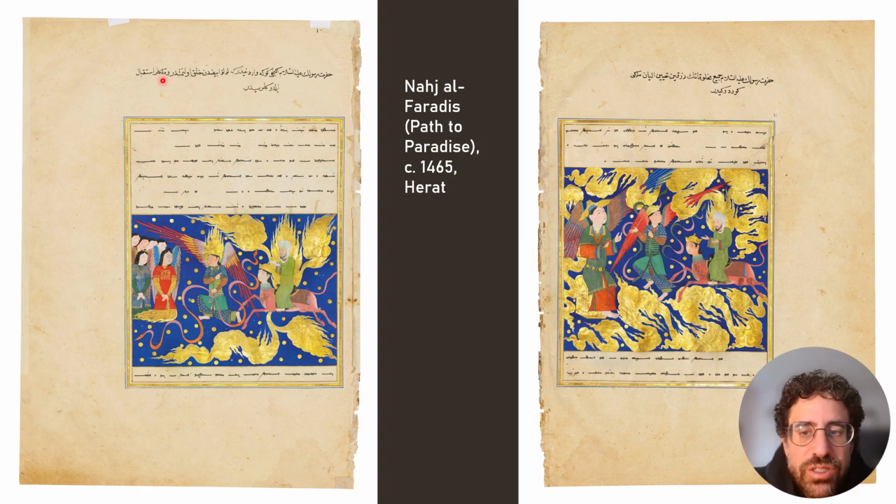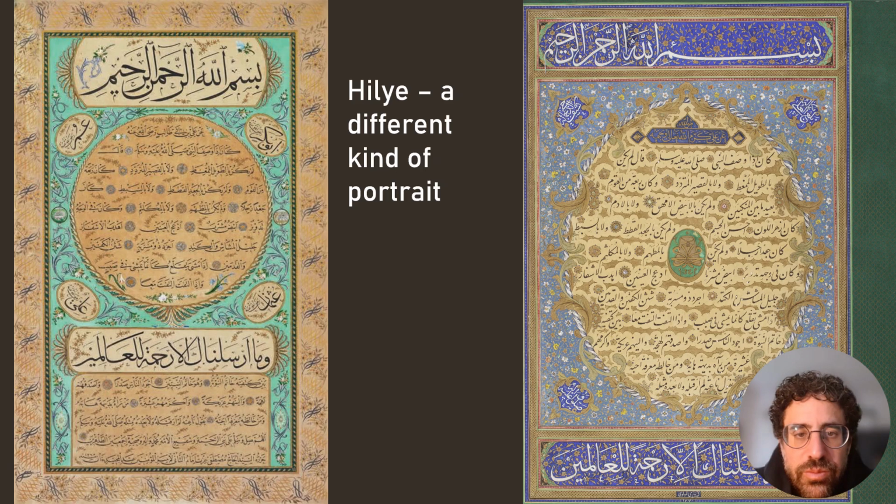And what you have here on the top is Turkish describing what exactly is going on in each of these scenes. But in each of them, again, you have the Prophet Muhammad ascending. Here's a closer view of the different scripts, this Uyghur script and the Turkish script on the top. And one of the points that I want to make is that figurative depictions of humans and animals are not generally made in public, but are often